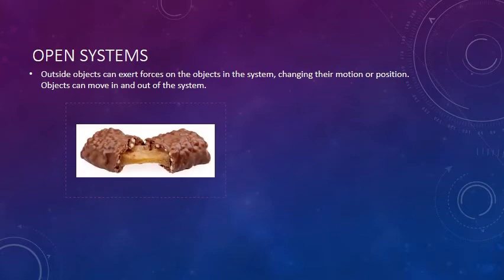So if we have a candy bar and it is in an open system, so you can see the dashed line around it, outside forces can be exerted on this candy bar, such as the gravity of the Earth. The Earth is pulling down on that candy bar. The table that the candy bar is sitting on might be pushing back up on the candy bar. The candy bar can also move outside of the system